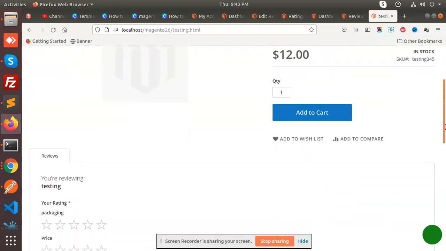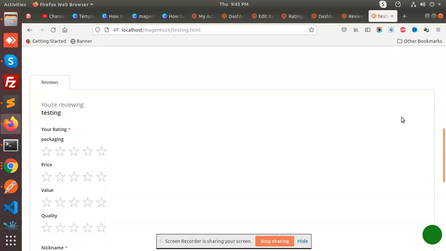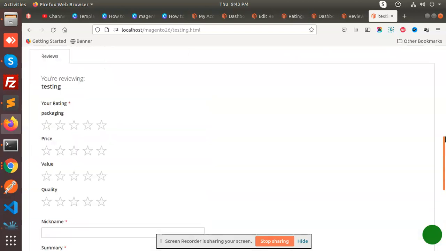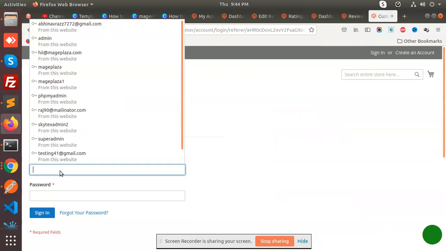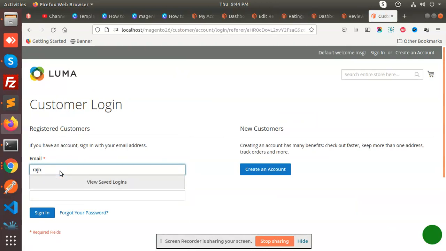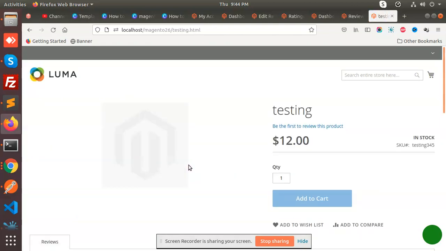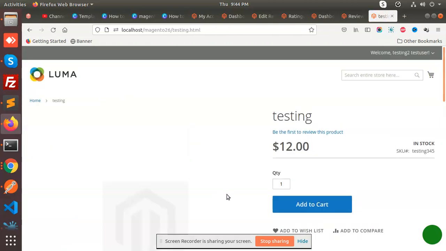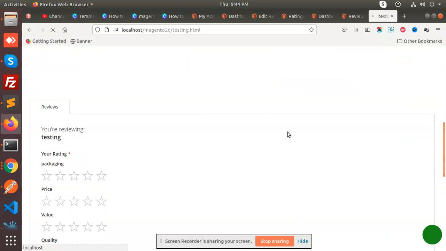Here we can see how many reviews there are. It will not show until I am logged in, so let's sign in. Raj 9, I guess this is going to work. So I'm logged in with this. Let's see how many reviews it has.